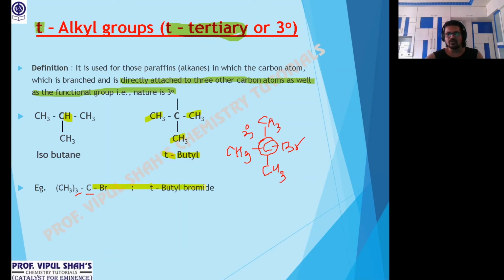Clear everybody how to do tert? Okay. One more example. T-pentyl alcohol. Let's frame this part now. What is the structure? Whose valency is short here? Look at that. That is this one, C. So I put C first and I put 4 valencies. Left is CH3, CH2. So I start from here.